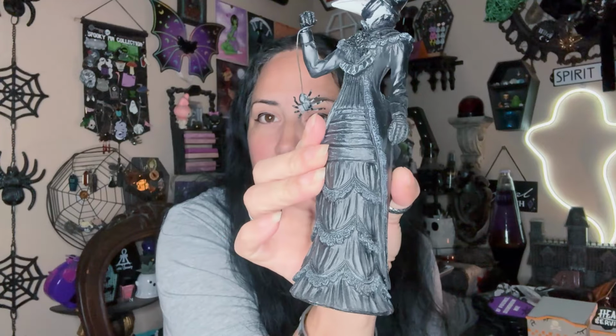So I think I only got 2 things from TJ Maxx. The first thing, this was a set. I just thought these were really, really cute and so different. I haven't seen anything like this, but they're little Victorian figures, but they're crows. They're birds, but in skeleton form. And this is the guy, and he's holding a little bat, and he has a cane and coattails. And this is the girl, and she's holding a spider. Her dress is so pretty. I love that she has a bustle